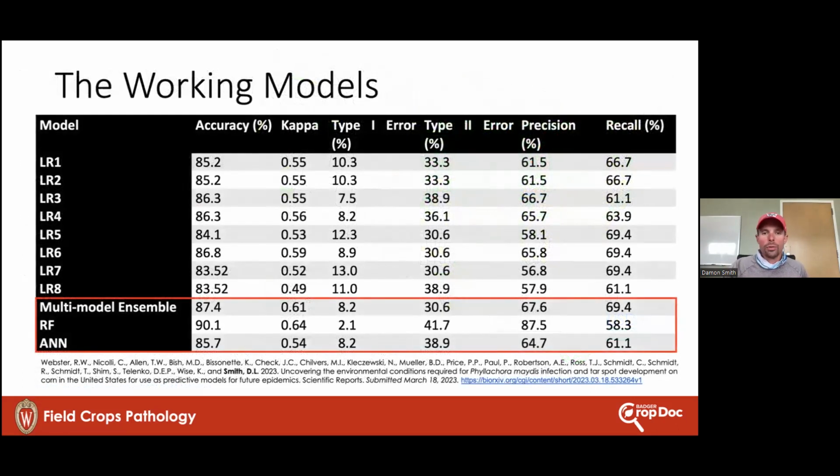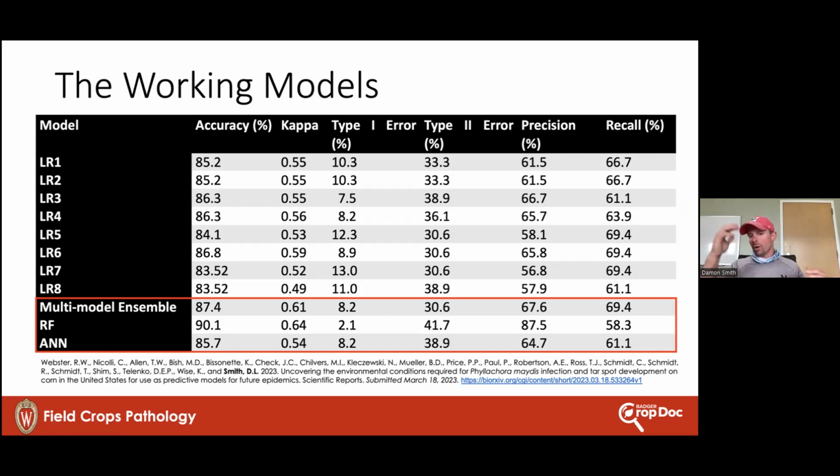And I'm not going to take you through a bunch of math, but I do want you to know that we have several different types of working models. So we have mathematical equations actually explaining this. I know this slide's a little bit confusing here. What I want you to know is that this first column here is accuracy. So we get challenged a lot on our accuracy of our modeling and how we come about these mathematical models. Do we just sort of turn our brain off and let the computer do the work? No, that's not what we do.